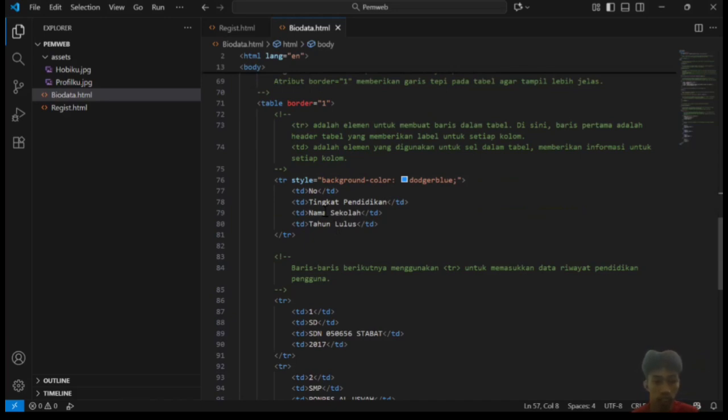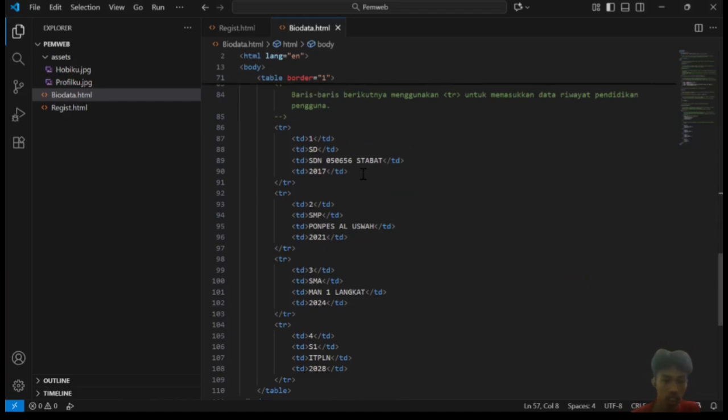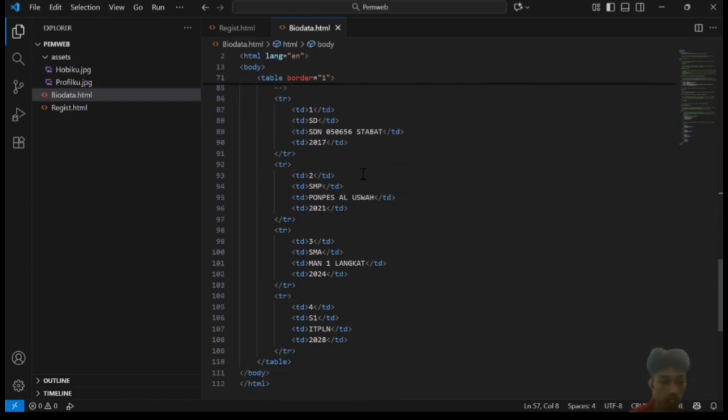For example, td no, td tingkat pendidikan, nama sekolah, tahun lulus. These columns become the table header that indicates the category of data to be filled in.